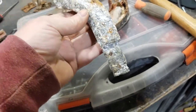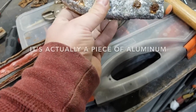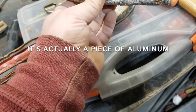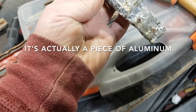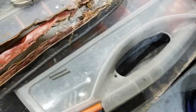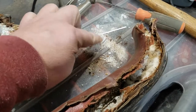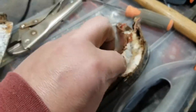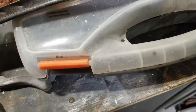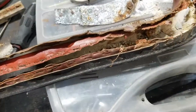This looks like a sacrificial anode that we use on ships, a piece of zinc. I don't actually know what it is. I'll probably wash it up and see if any of this powdery crap comes off, but that lumpiness was all of that. Whoops, all of that. And a bunch of it in there, and even more of it in my trash can. So I don't know what this was, or why, but that piece